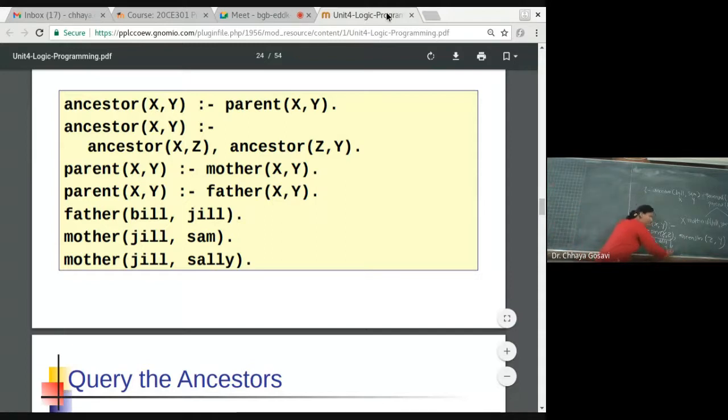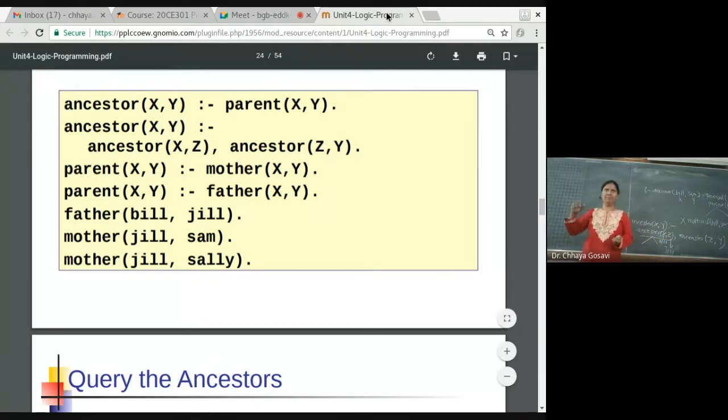But we'll follow all those steps. Then put value of z here, Jill. And we have to check whether Jill is parent of someone, not someone, Sam. Whether Jill is mother of or father of. So we found out Jill is mother of Sam. Then the system will tell, yes, Bill is ancestor of Sam.